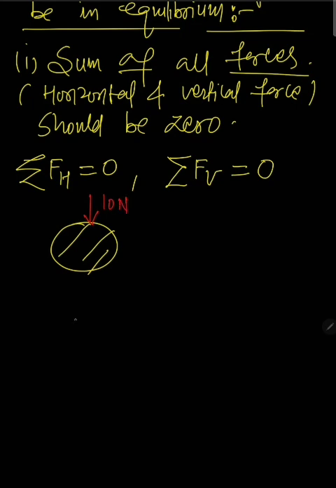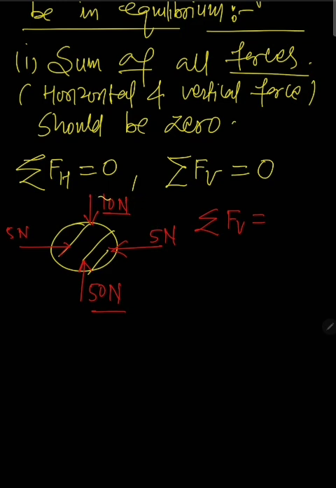10 Newton force is acting downward and 50 Newton force is acting upward. Okay, and on this side there is a force of 5 Newton, and on this side also there is a force of 5 Newton. So tell me whether this object is in equilibrium condition or not. So let's find first the summation of vertical force. So vertical force means there are two forces acting on it, 10 Newton downward and 50 Newton upward. Let's take